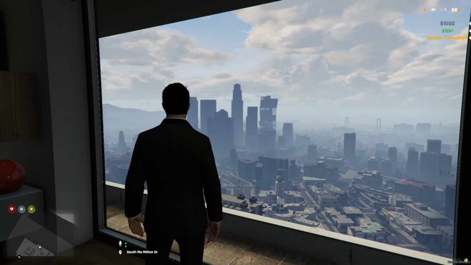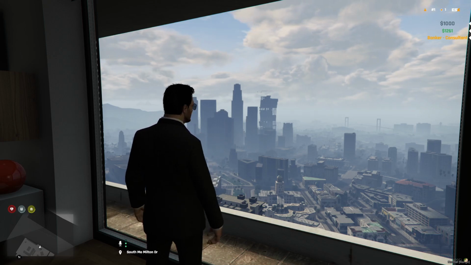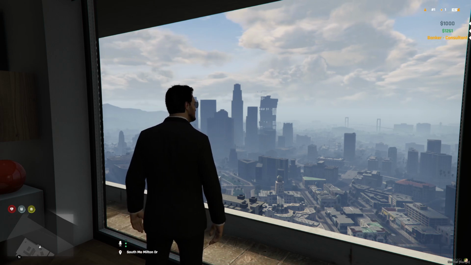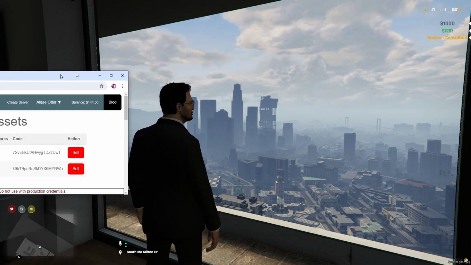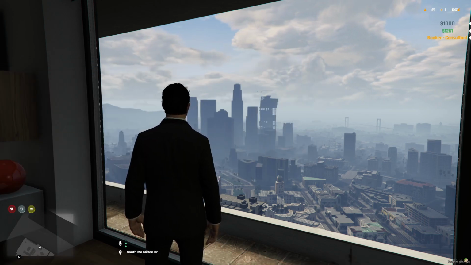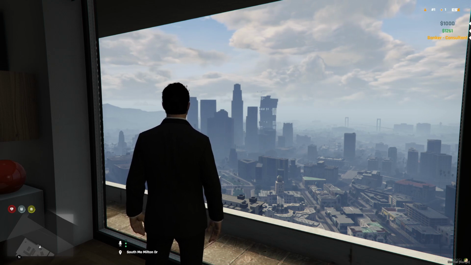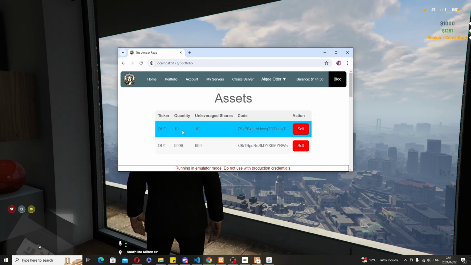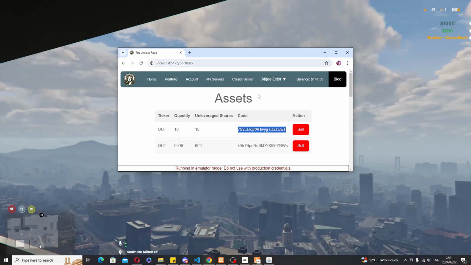Okay, so I spun up an instance of FiveM, an ESX server. There's a QB Core one available soon. And over here I made some changes, so now we're just using 10 shares. So we're going to have to grab this code,